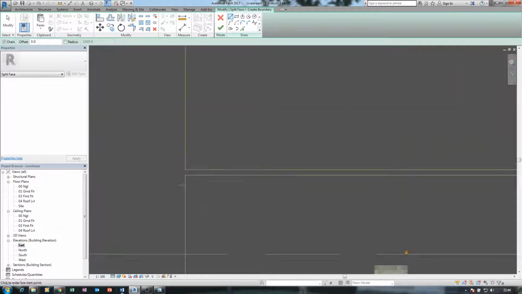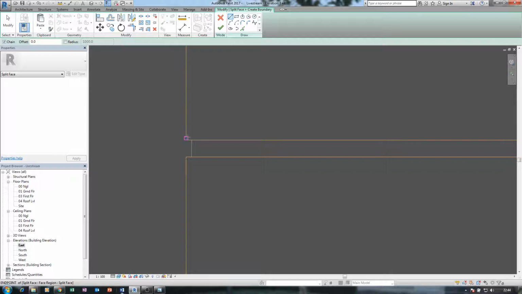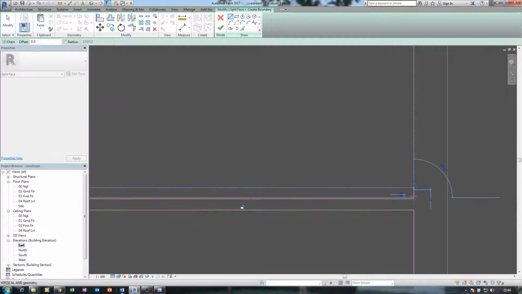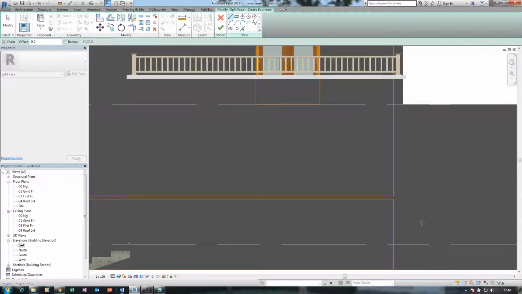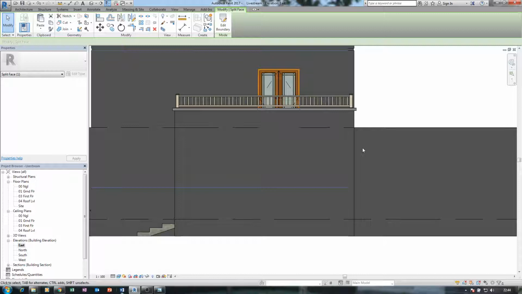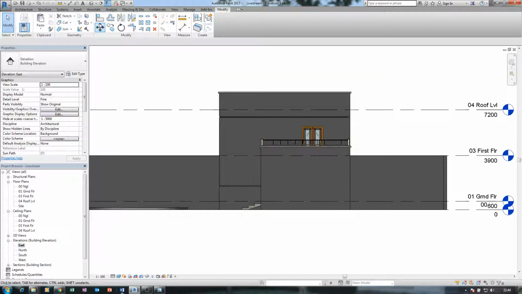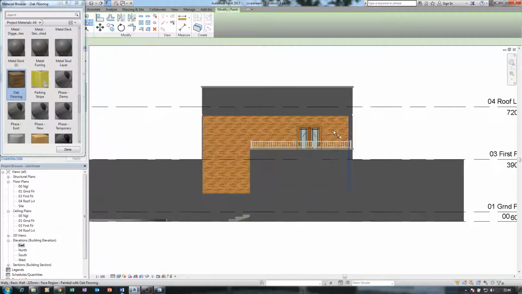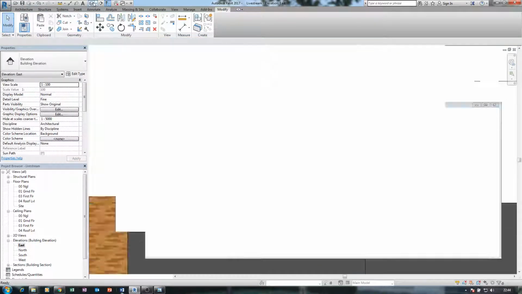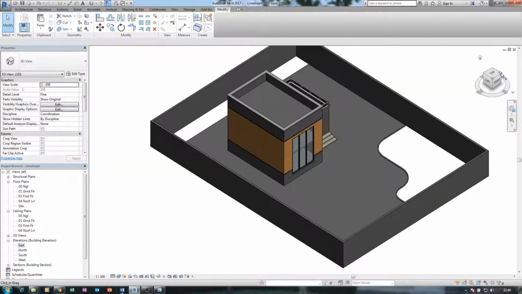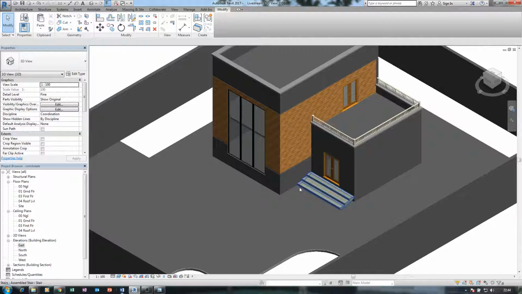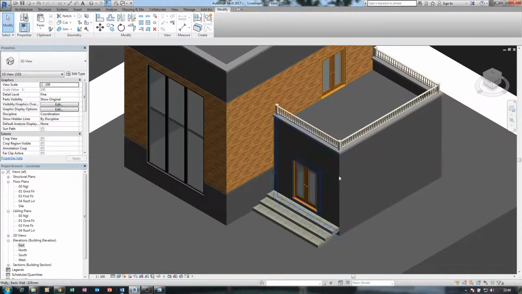Normally it's supposed to move up a bit, but when you are doing it, you can try and perfect it. And the best way I think you should do it is to create the walls separately so that you won't have to go through the stress of splitting the walls every time. I'm going to leave this. I'm going to leave that, and bingo, we are ready for 3D Max.